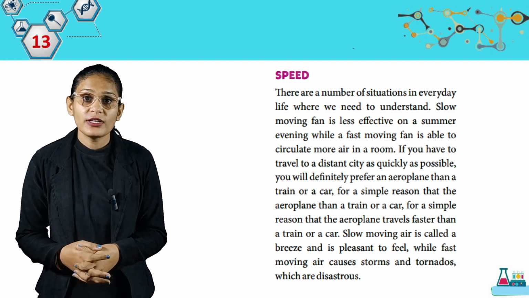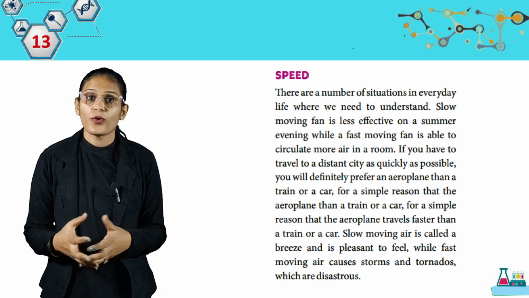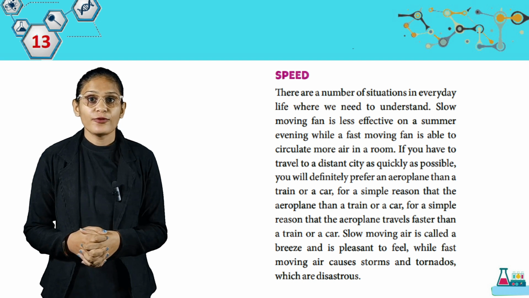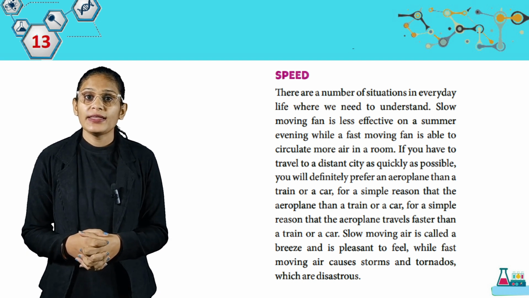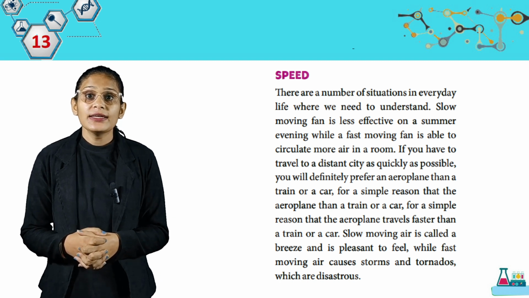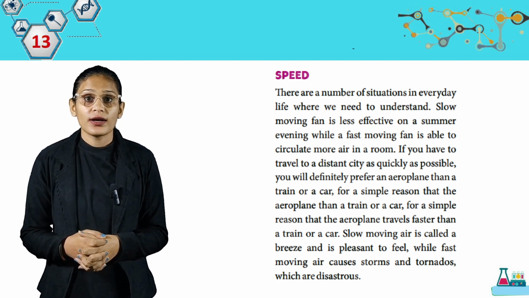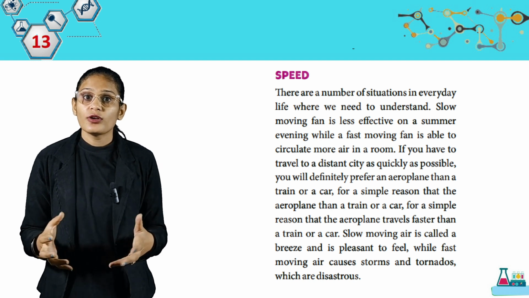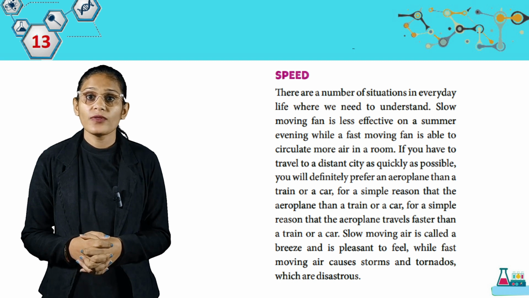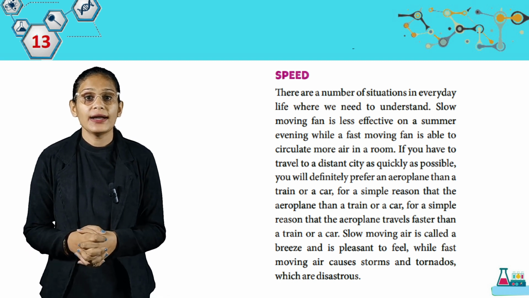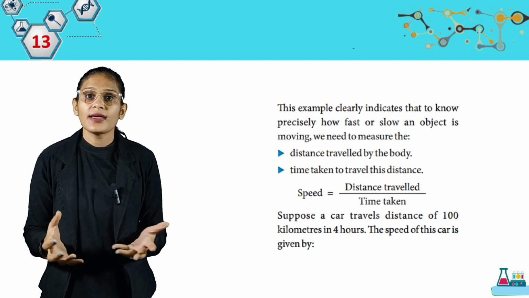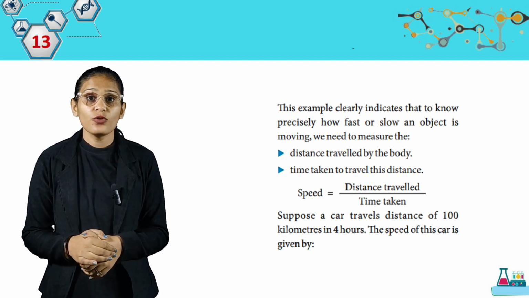If you have to travel to a distant city as quickly as possible, you will definitely prefer an aeroplane to a train or a car, for the simple reason that the aeroplane travels faster than a train or a car. Slow-moving air is called a breeze and is pleasant to feel, while fast-moving air causes storms and tornadoes, which are disastrous. This example clearly indicates that to know precisely how fast or slow an object is moving, we need to